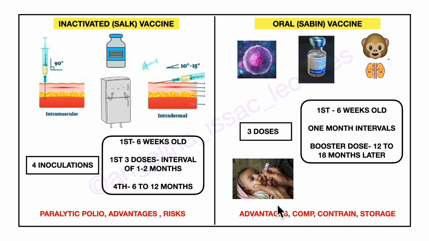It is useful in controlling epidemics and it is relatively inexpensive. Looking at the complications, rarely there is vaccine associated paralytic polio. The contraindications include immunocompromised individuals, people with leukemia or malignancies, and the storage includes stabilized and non-stabilized storage of the